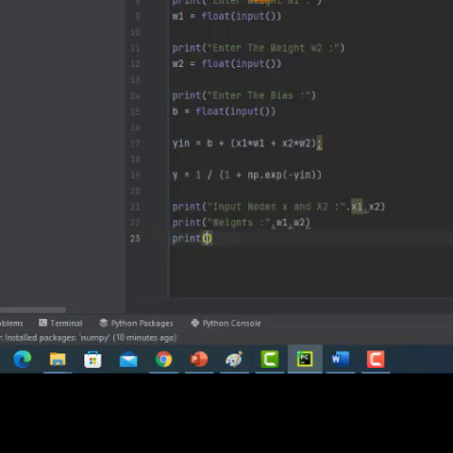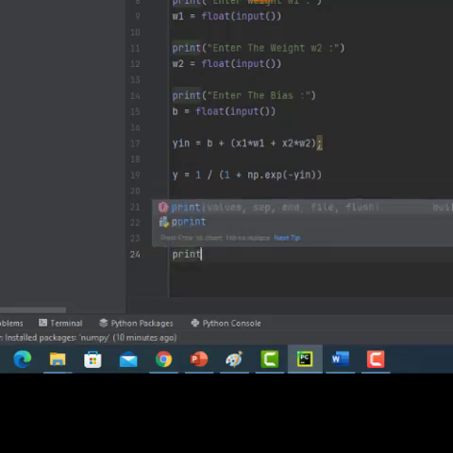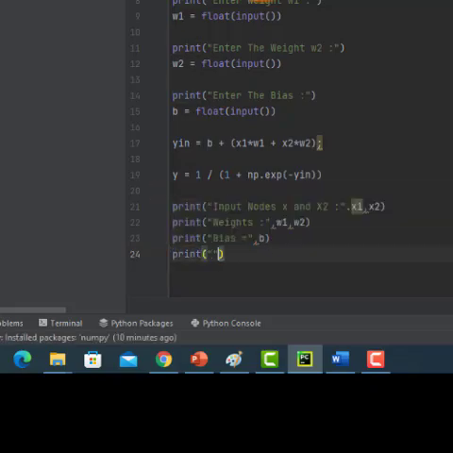Print bias, and last print net input and output.